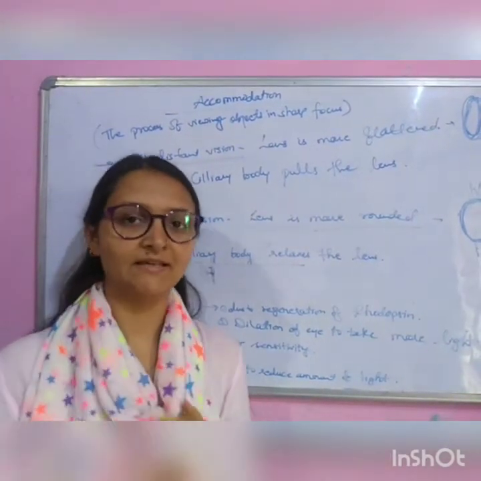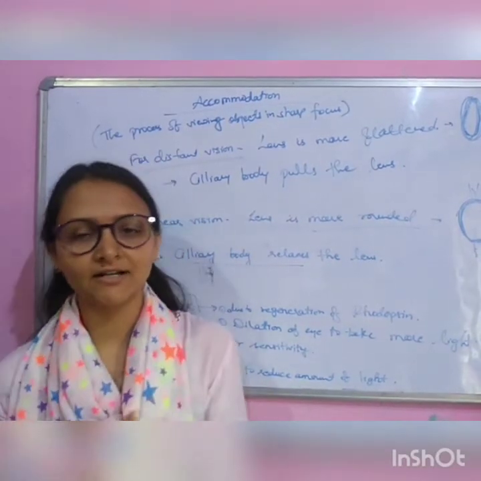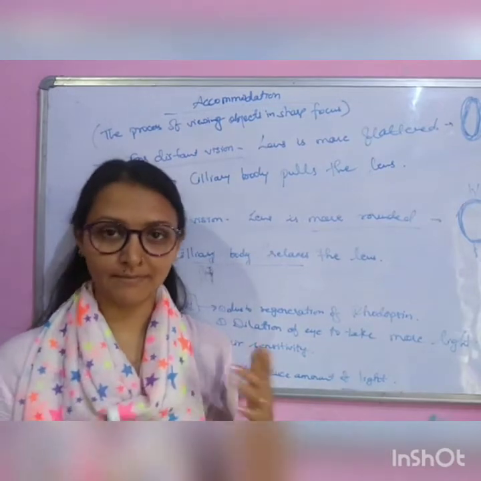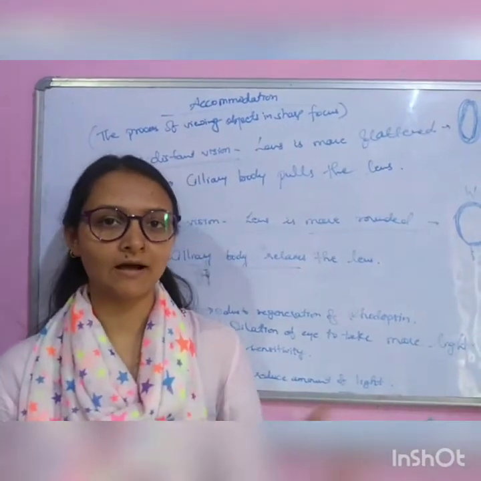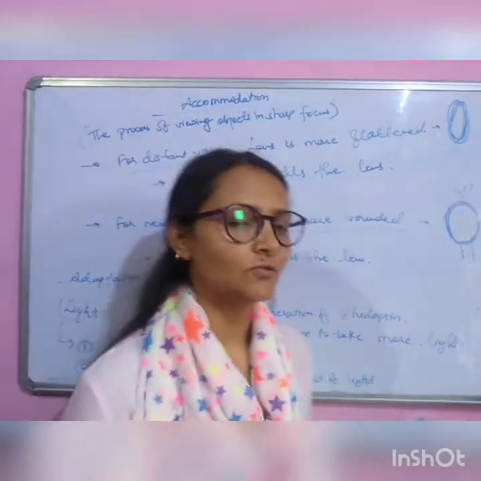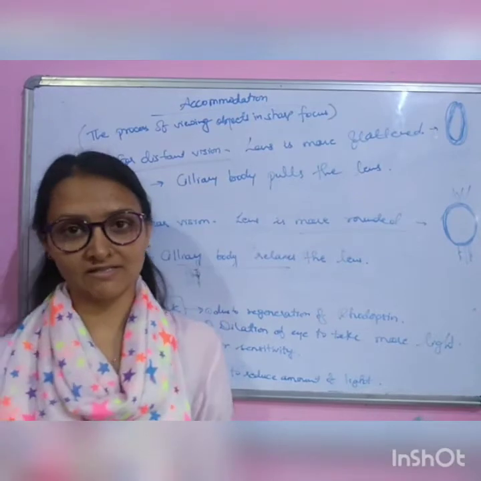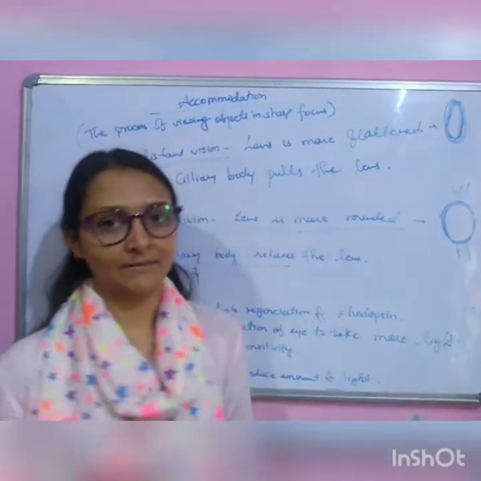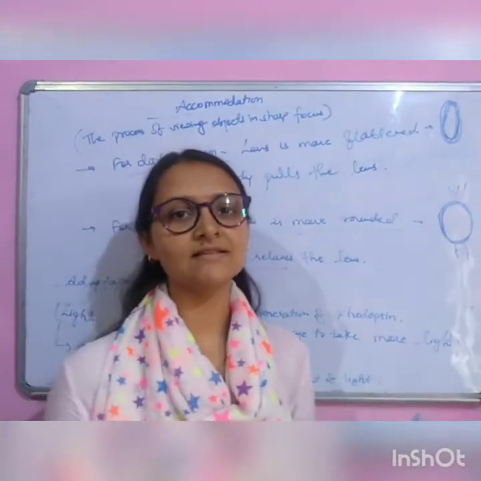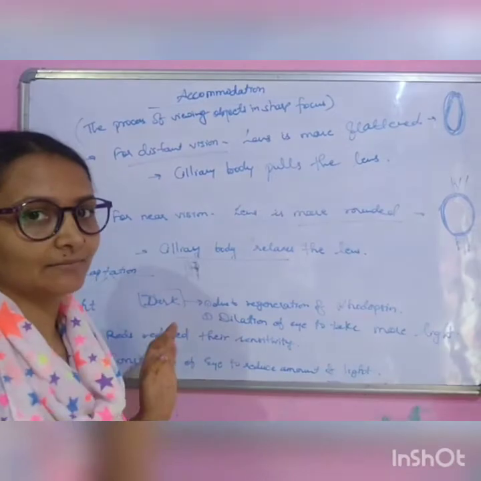You might have seen many times when we enter a dark room from a bright light, or if you are coming into a room from outside, that we are unable to see the objects inside the room. Why did this happen? It is called dark adaptation. After a few seconds, our vision improves. This is called dark adaptation.